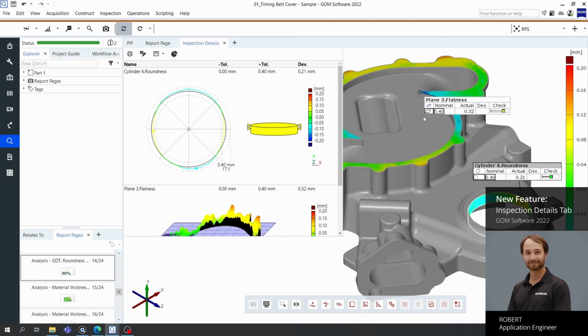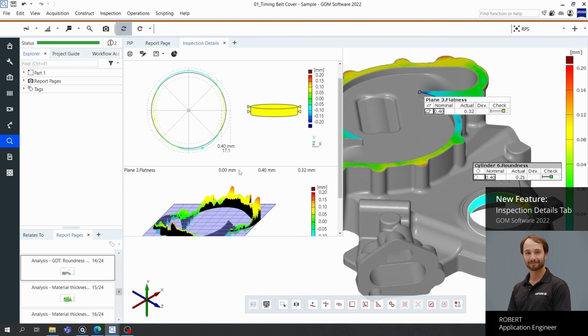And so in this diagram for roundness, we now have a cross-section visual for our roundness check. And so what we can see is what's happening exactly at this height of the cylinder. Now, it automatically highlights the section with the maximum or minimum deviation with these two indicating dots. And if we highlight an individual section on the right side of the cylinder, we can see what the min and maximum points are at that height.